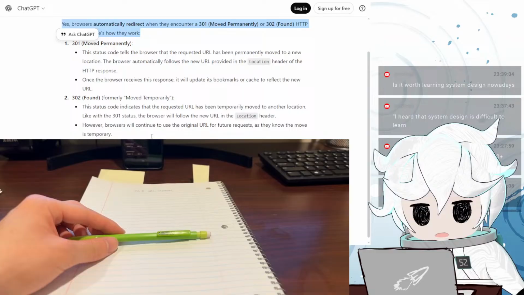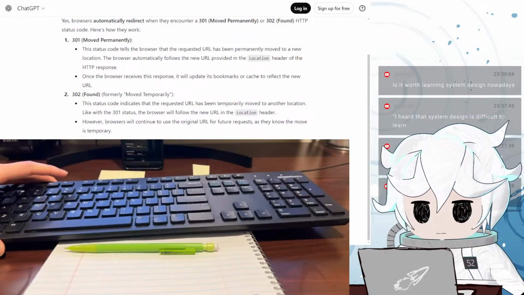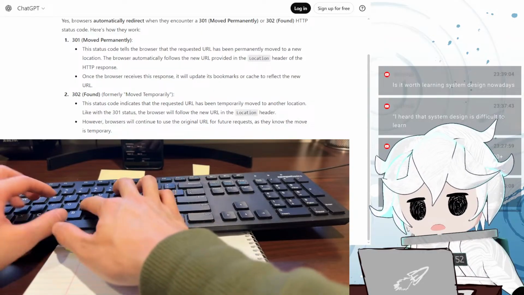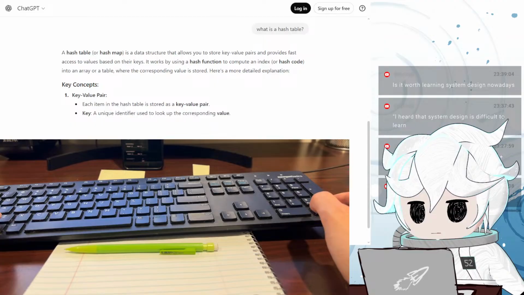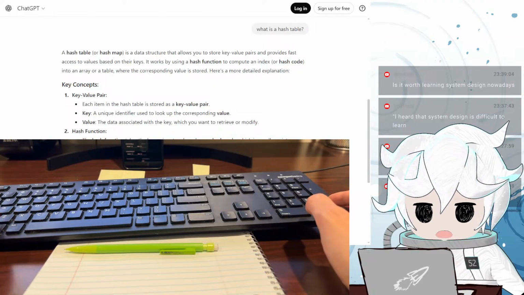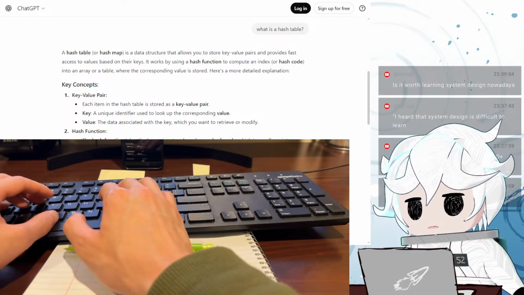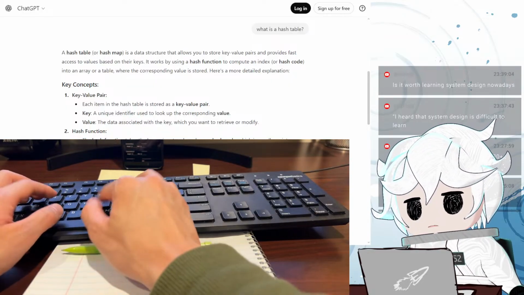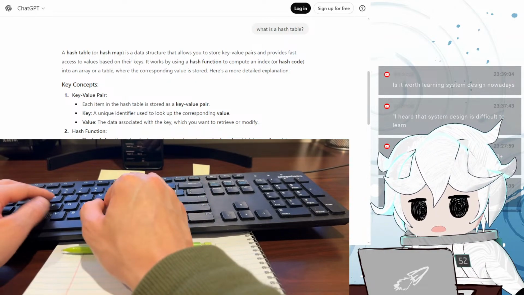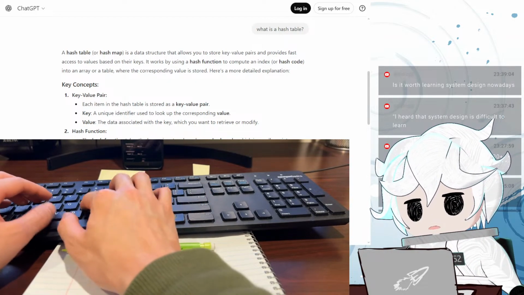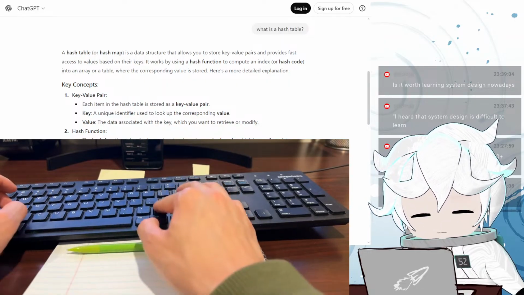Wait, best friend ChatGPT. What is a hash table? It's a data structure. Don't we want to use some sort of data storage here? Is a database primary key the same as the key of a hash table?